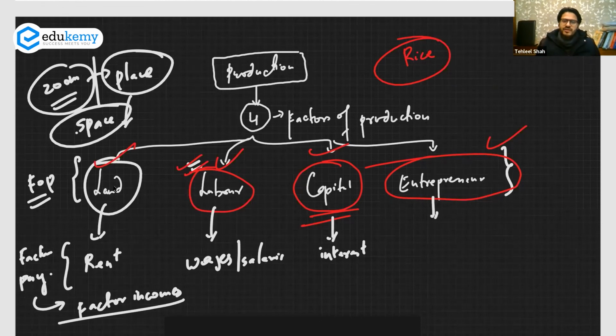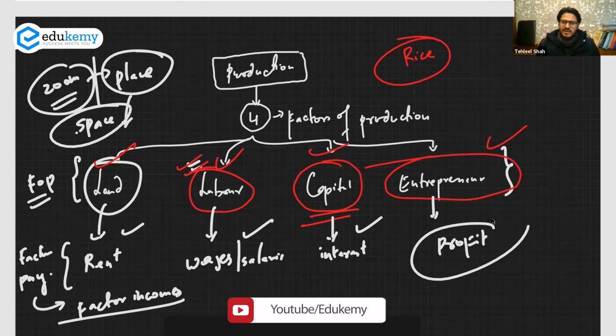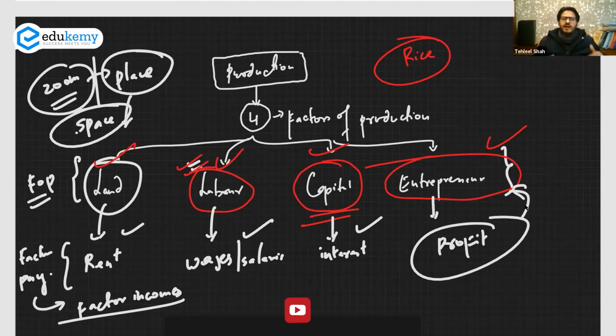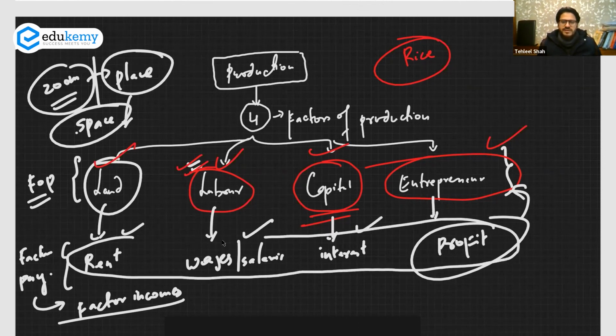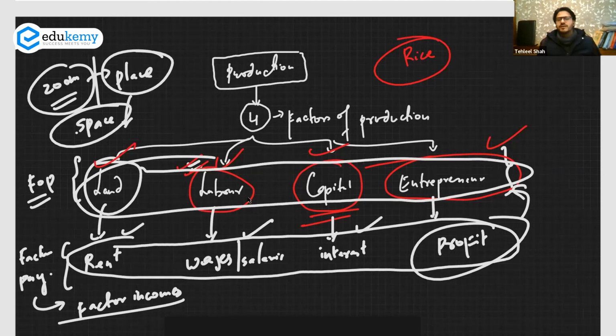And finally, when all this rent is paid, all the wages are paid, all the interest is paid, what actually remains is the profit. And this profit is actually taken by the entrepreneur. Finally, after giving all the salaries in Edukemy, after giving all the rents that we had to, after paying all the interest that we had to, these entrepreneurs at the top, they will take the profit. These are the factor payments. So these 4, the rent, wages, interest, and profits, are the factor payments, and land, labor, capital, and entrepreneur are the factors of production.